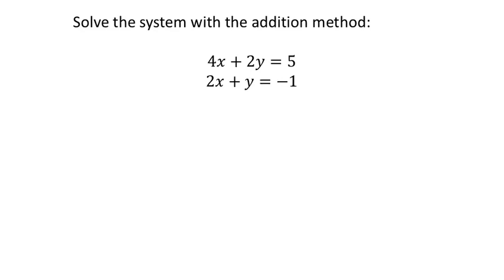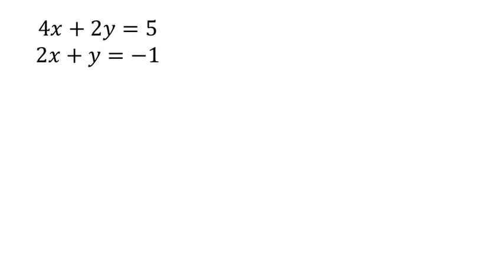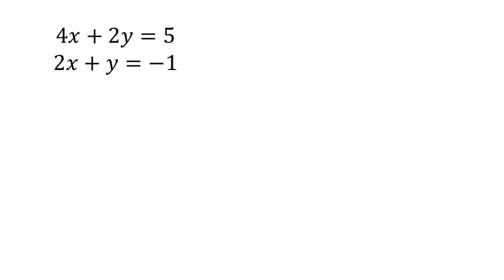All right, here's this system of equations, 4x plus 2y equals 5, and 2x plus y equals negative 1. Okay, so let's try this one again. They're both in the same format, which is great. It does save us, maybe not a lot of time, but some time. We're going to use the addition method. Now the first thing I do on this one, again, we want the coefficients of one